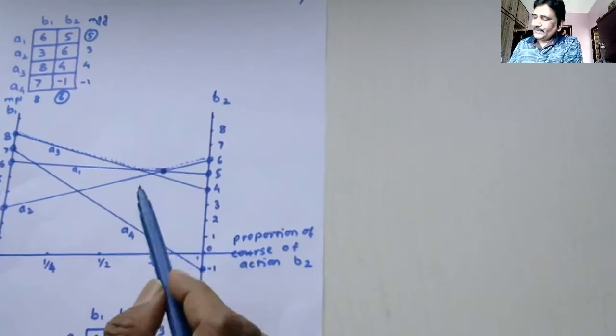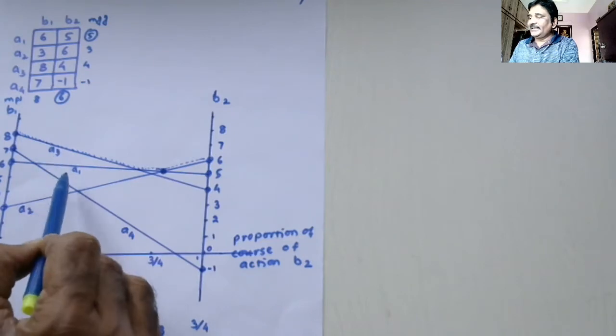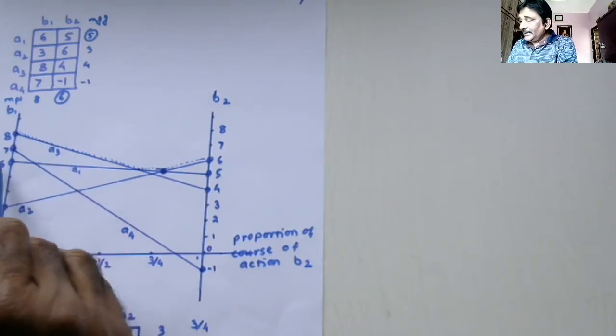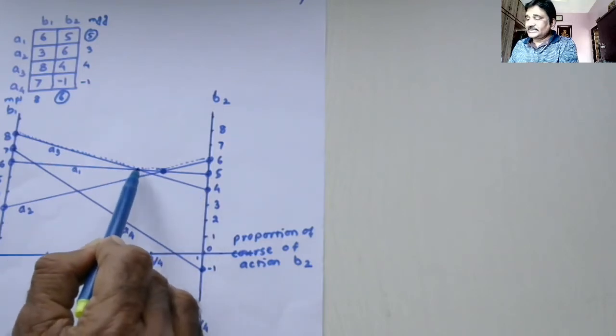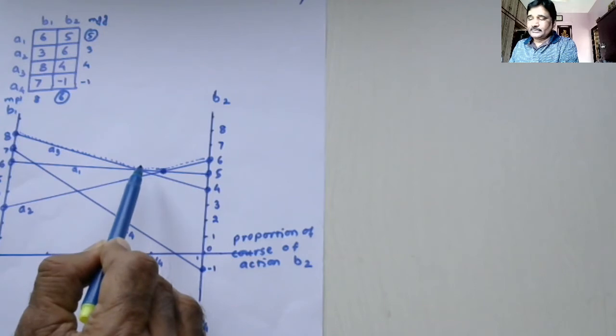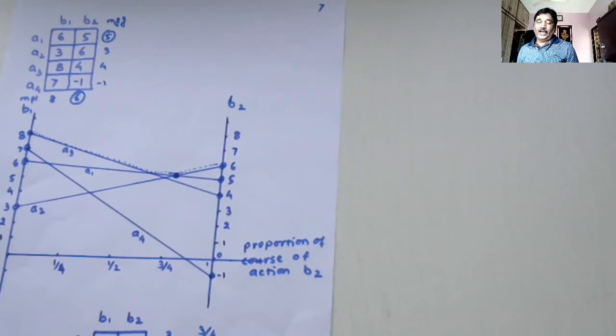Not only that, if the line is coming down and intersecting, for example, A1 and A3, line A1 is going down and A3 is also going down, and they are intersecting at a point, then it is sure that if you solve the game between A1 and A3, it will have a saddle point. I'll just show you that the game has saddle point. We have already solved this problem by subgame method, right? I'll show you that the A1, A3 subgame has the saddle point. All right.